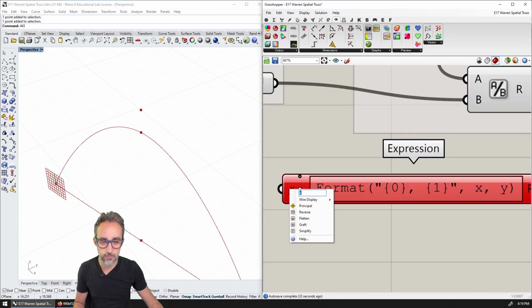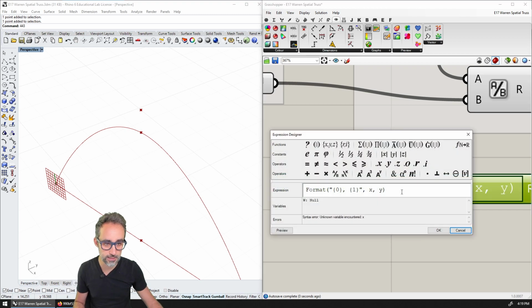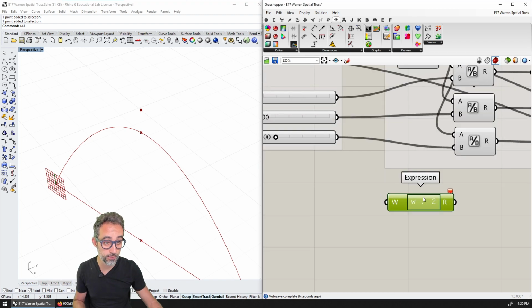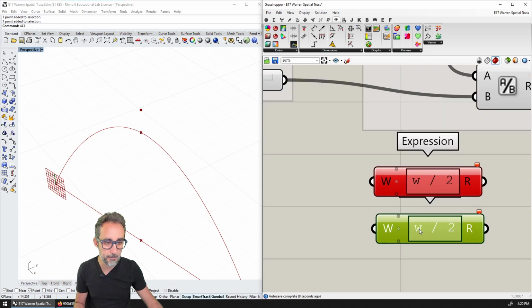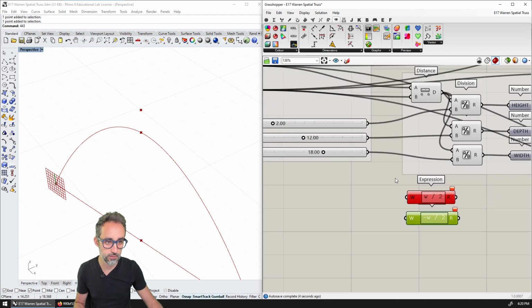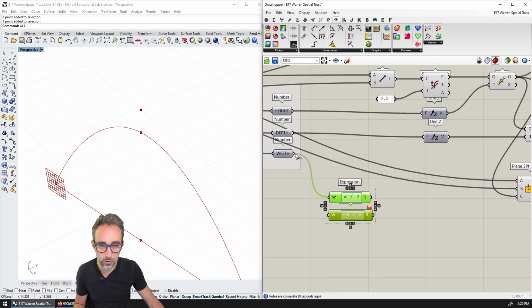This is going to be W, and what I want to calculate here is W divided by 2, that's going to be 1. And then the other one is going to be minus W divided by 2.